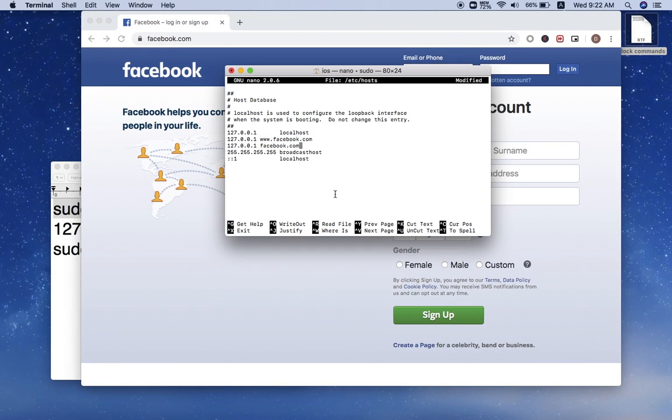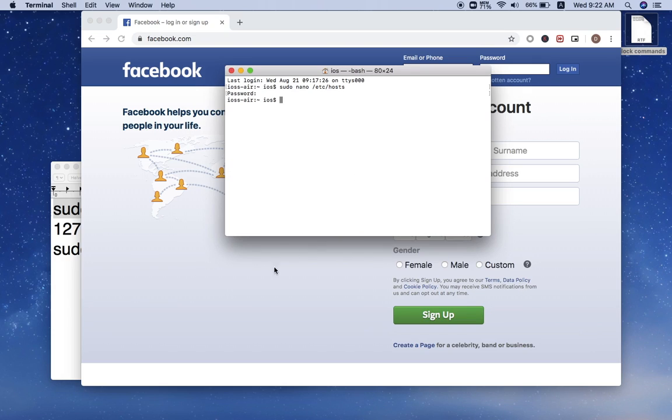And you need to press Control, not Command, Control O. And this is the black space that shows you that you have written on this file. So you just need to press Enter. Now it's saved. Then go to Control X. So press Control and X to exit the file,